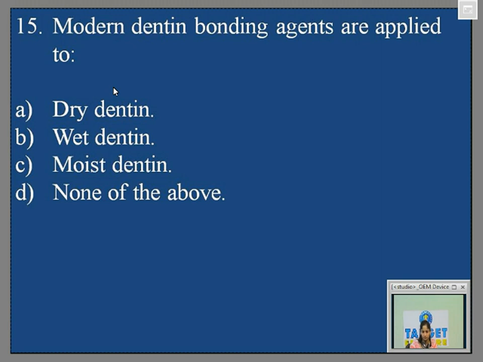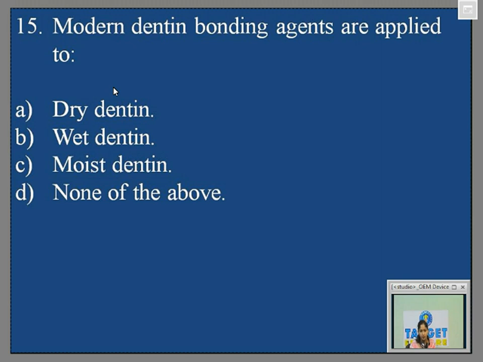The answer would be barium is the most commonly used glass filler in composites. That is what you have to remember. Why barium again? Because barium has a refractive index of 1.5, which is very close to your monomers, that is your bis-GMA and TEG-DMA present in your composite matrix. Barium has a refractive index very close to your resin components. That's the reason why barium is most commonly used.